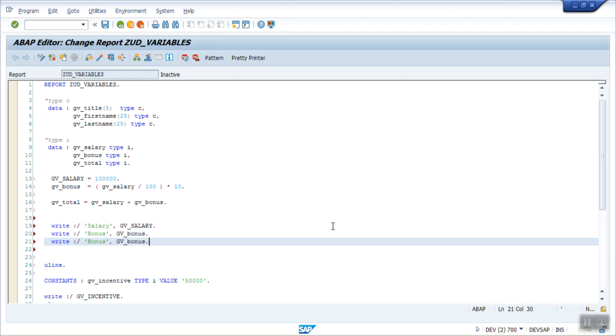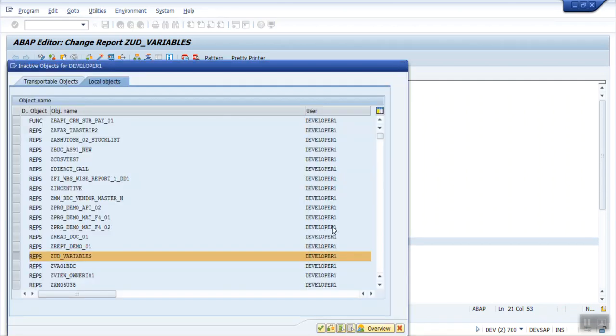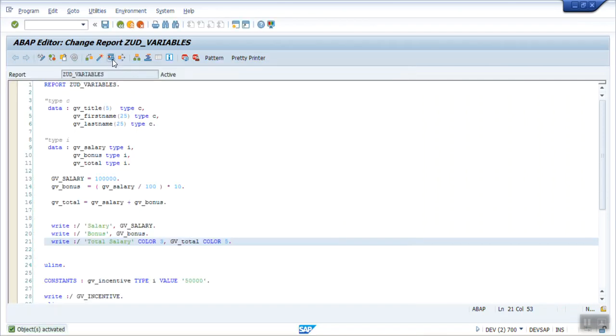Then the third line as total salary, let's say total salary equal to GV underscore total. Now add some color here, let's say color 3, and let's say color is 5. Save, check and activate. Now execute.